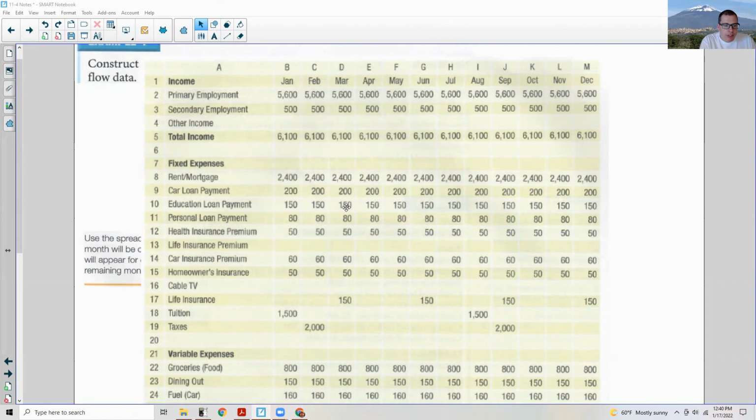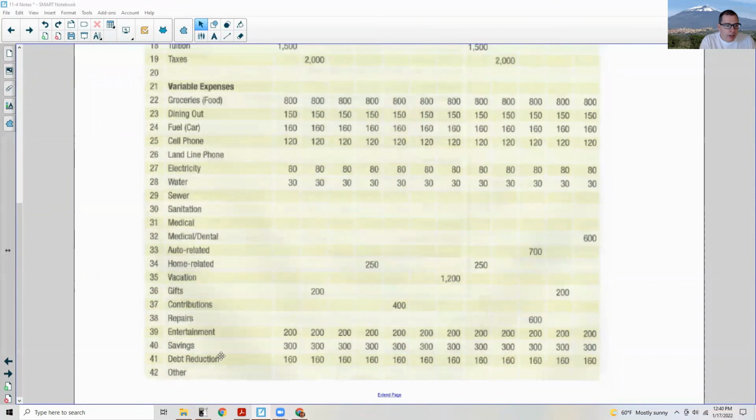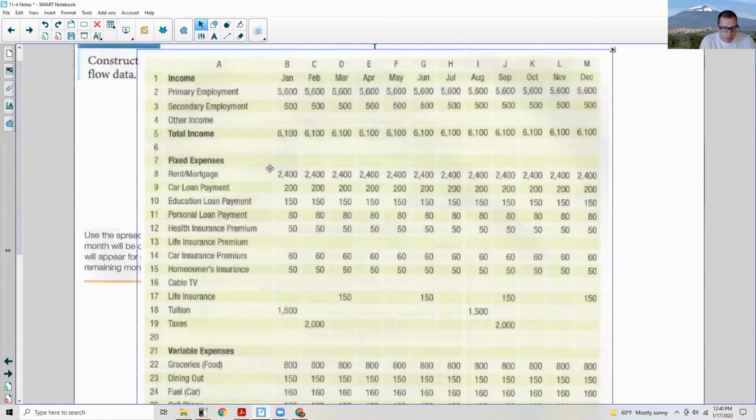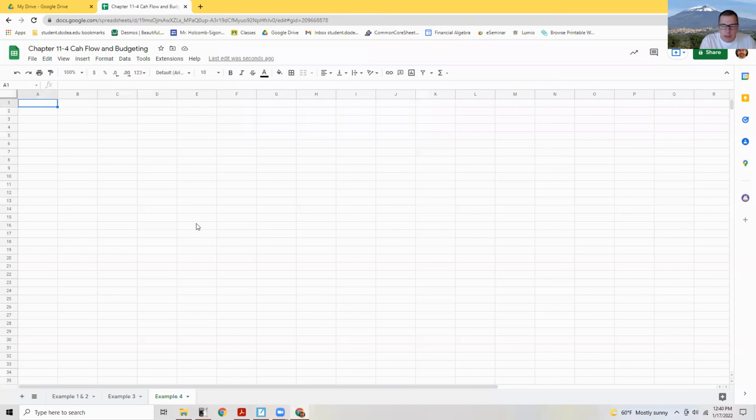So all I'm doing is entering this in, and then the check your understanding is saying to add a column or a row 43 and do totals. So that's what we're going to do now. Okay, so let me go here and A1, I'll try to speed this up a little. Income, Control B, okay,